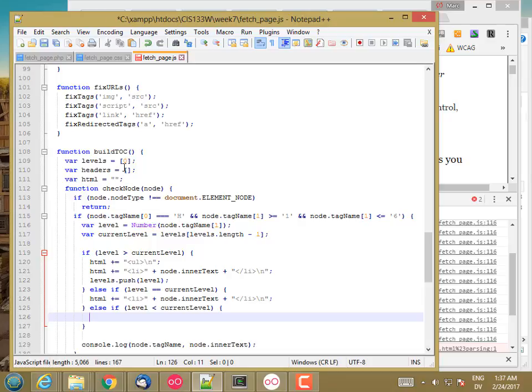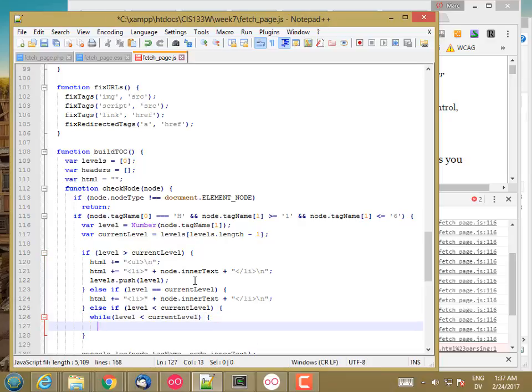So like if I see H1, then H2, H3, H4, and then I see H1 again, I need to close off all of the open levels until I get back up to level equal current level. So while level less than current level, HTML plus equal, close off the unordered list,